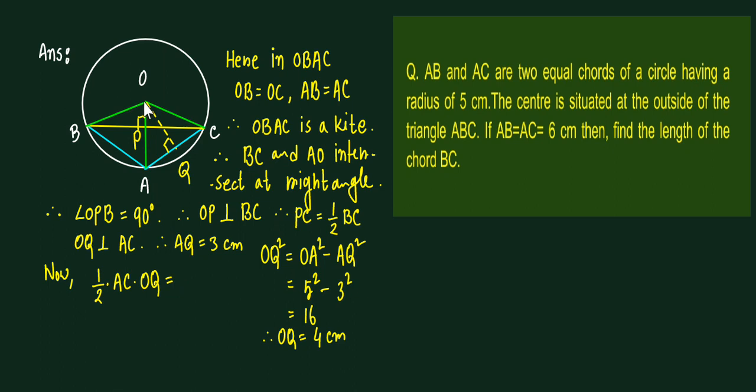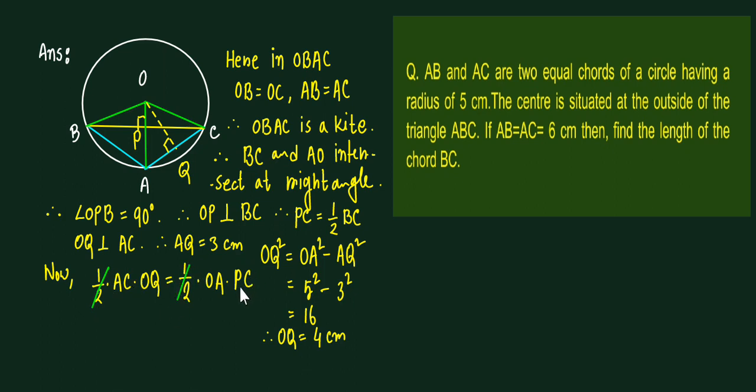Again we can find out the area of the same triangle OAC by taking OA as base. So that time half into base OA, then perpendicular becomes PC. Half into OA into PC. Now we can cancel out half from both sides,